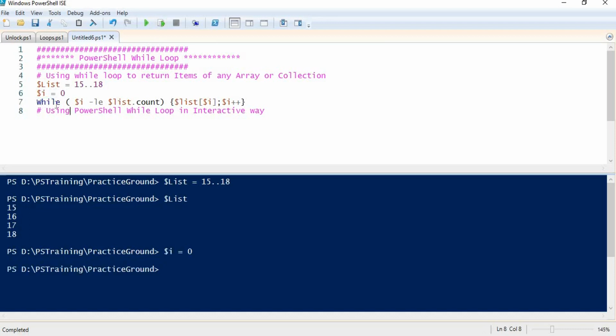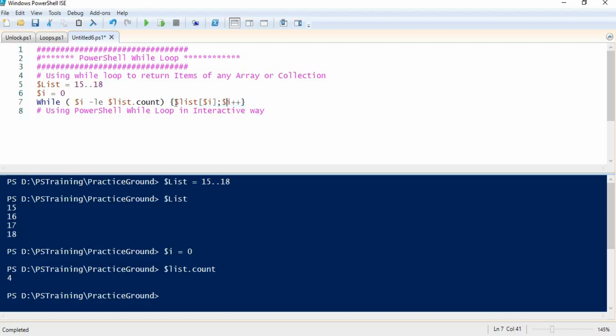Now if I run this selected block, we can see the count is 4, obviously, because 15, 16, 17 and 18 are 4 elements only. So if the value of the I variable is less than 4, then run this statement list, right?